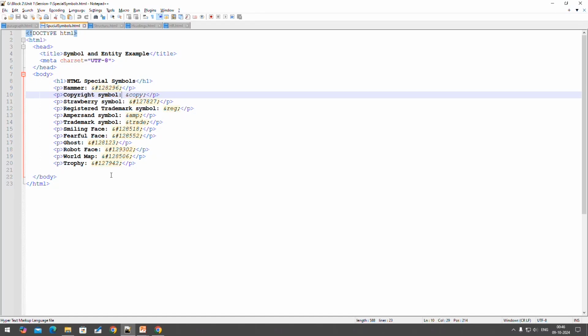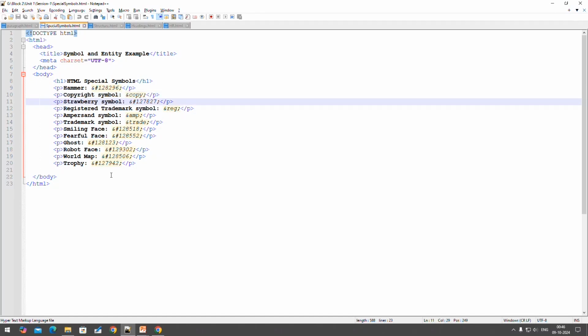Then after the copyright symbol, strawberry symbol, registered trademark, ampersand symbol, trademark symbol, smiling face, fearful face, ghost, robot face, world map, and trophy. So for that we have used various symbols for the special characters to be displayed on our web page. Okay, let's test it after